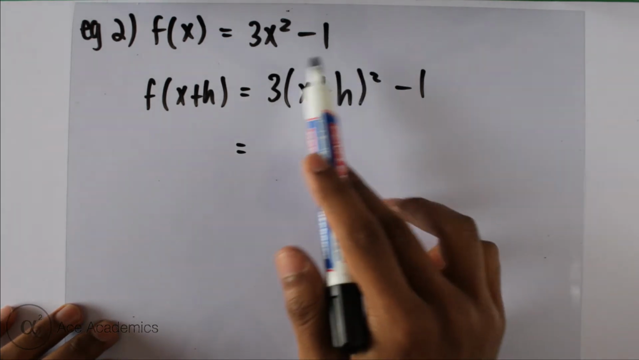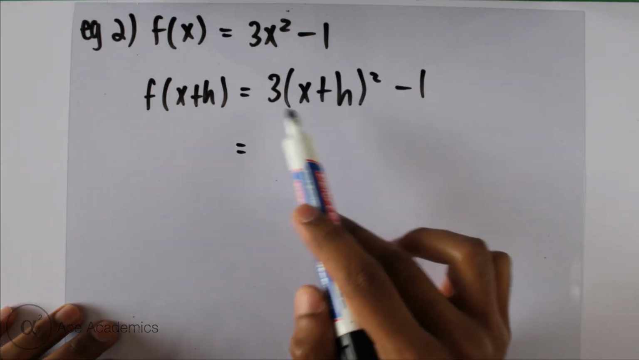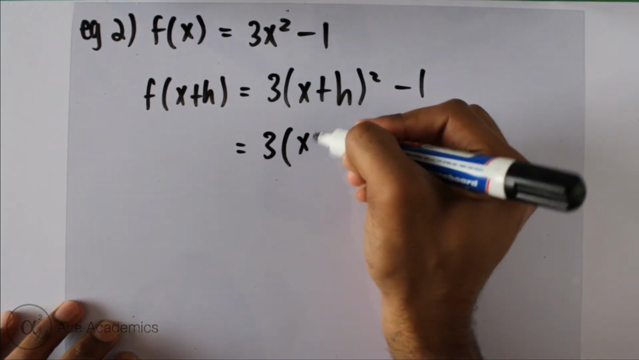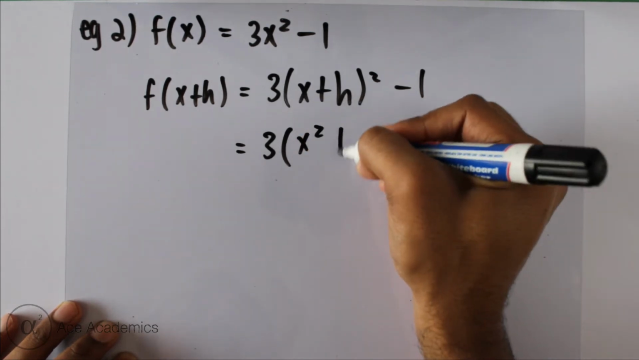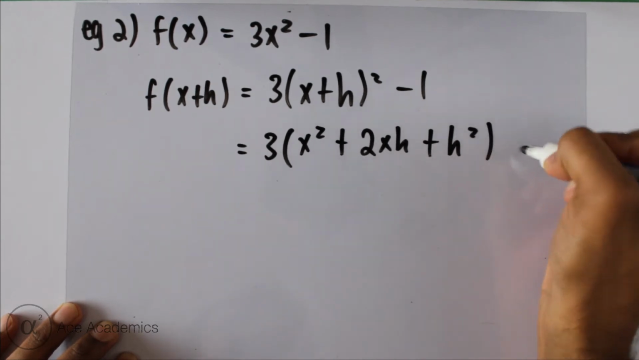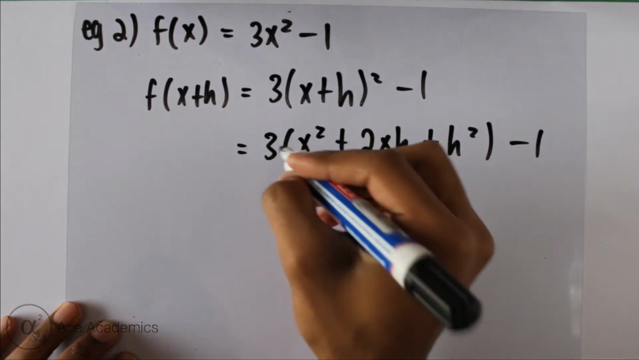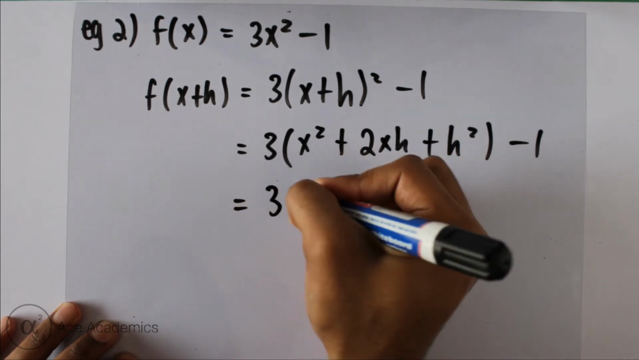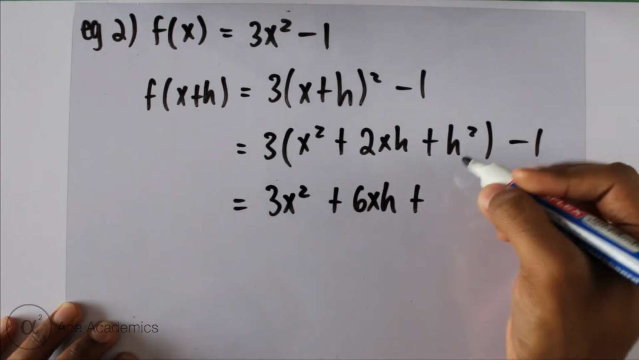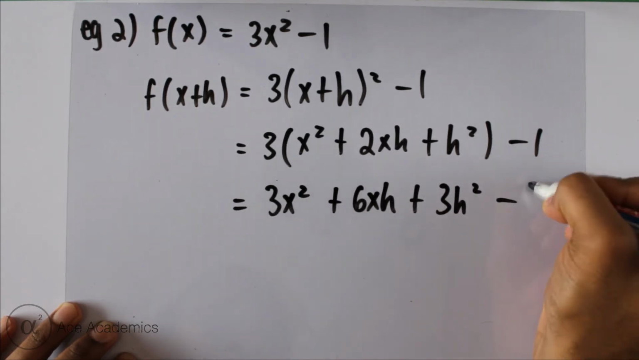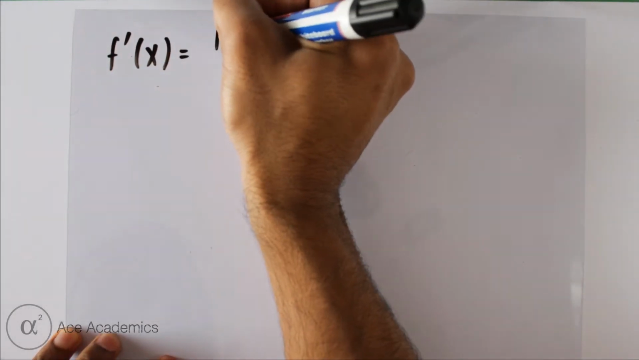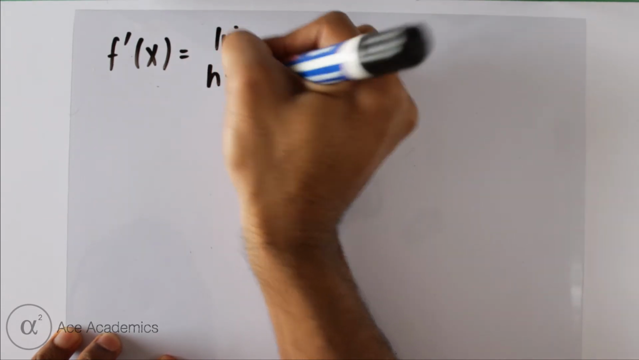Now remember, we have to first simplify this bracket before we distribute 3 in. So it's going to be 3 into first times first is x squared, 2 times first times last is plus 2xh, and last times last is plus h squared, minus 1. Now we distribute 3 into the bracket, so it's 3x squared plus 6xh plus 3h squared minus 1. F prime of x is equal to the limit as h tends to 0 of